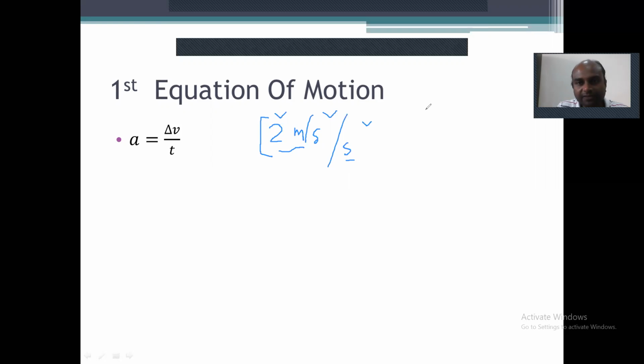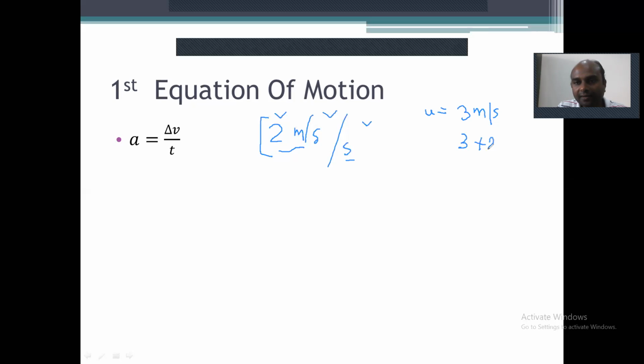For example, if its velocity right now, when we start studying the motion, is say 3 meter per second, then 1 second after, its speed would be 3 plus 2,